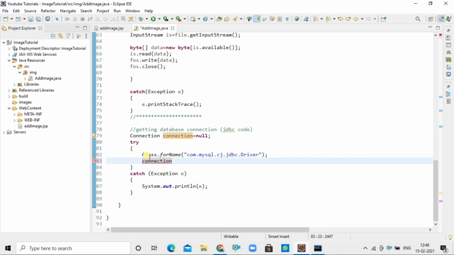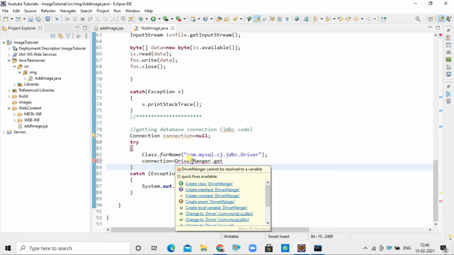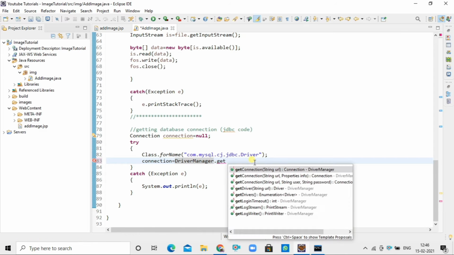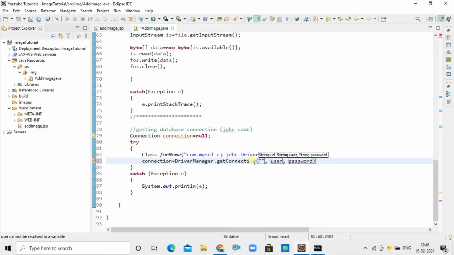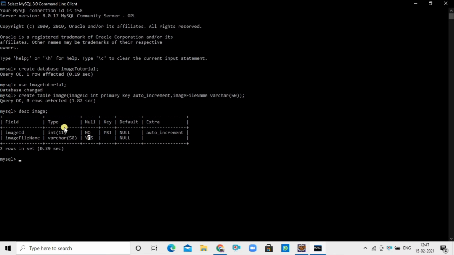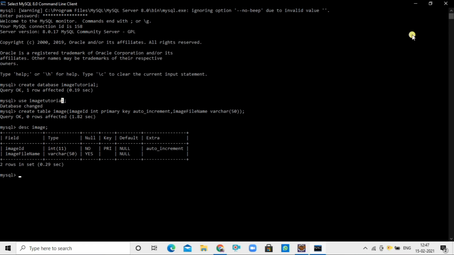And using the getConnection method of the DriverManager class to get the connection from the database. But here we have to use the correct URL, username and password. So here we got the connection from the database.